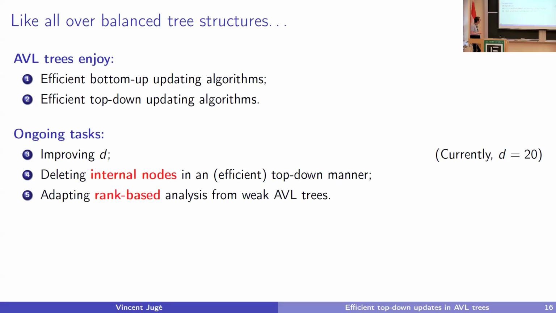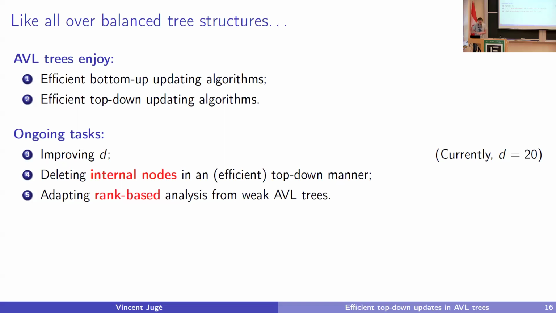Okay. And then there are also some stuff from the paper about weak AVL trees that were not looked at for AVL trees. For instance, they have what is called a rank-based analysis. Basically, if you do write operations around the leaves of the tree, okay, these are write operations, but who cares? If you have several processes, it's unlikely, if they are random, that they will go at the same leaf of the tree. However, if you need to always rewrite things at the root of the tree, then it will be very costly because everybody will need to be aware that there was some change.